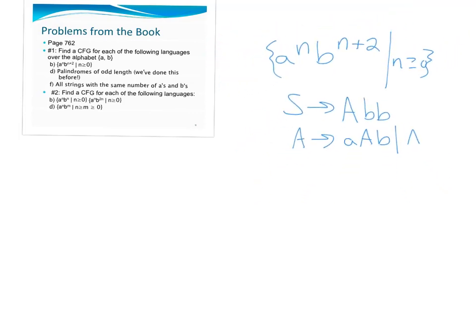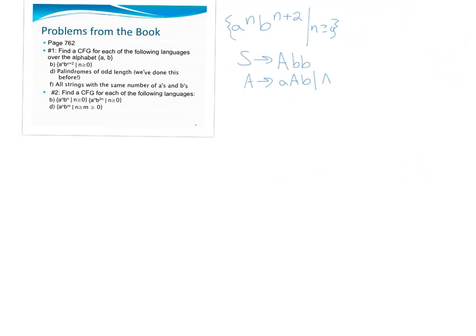All right, so the next one says palindromes of odd length. And again, it's a language that we've done before. The first and last letter have to match, and all the intermediate letters have to match. So this is really very easy for our palindromes. We want something like this. Our start symbol, well, every time we can either have an a at the front with an a at the back, so we're growing outwards again. So we put an a at the front and the back,